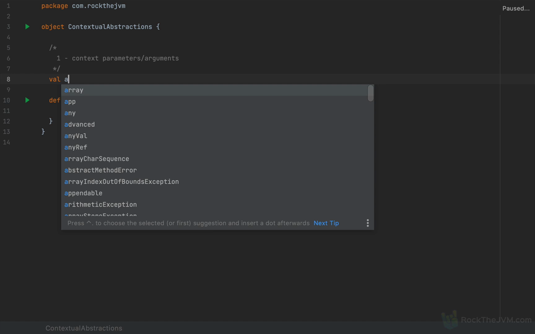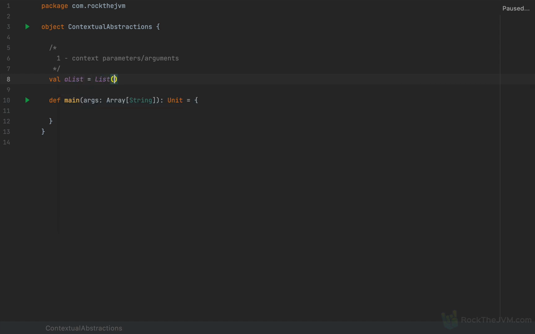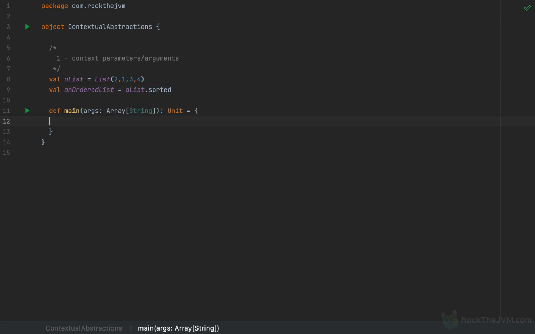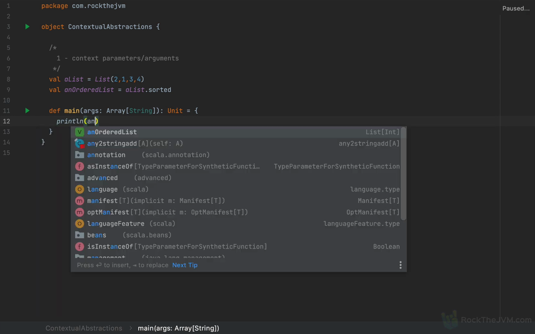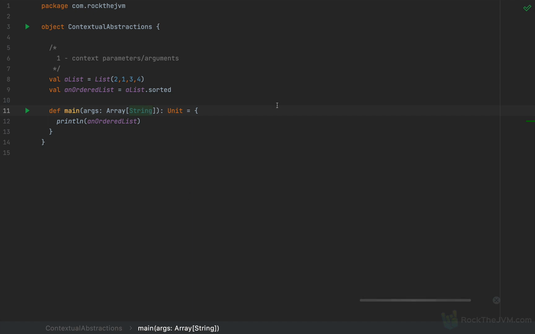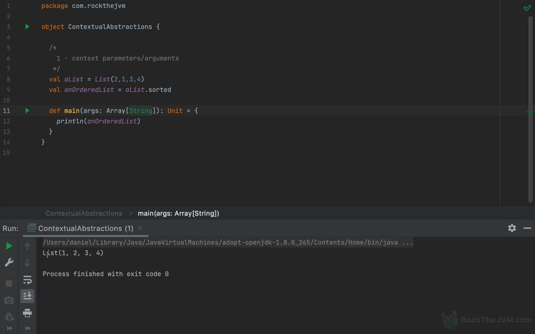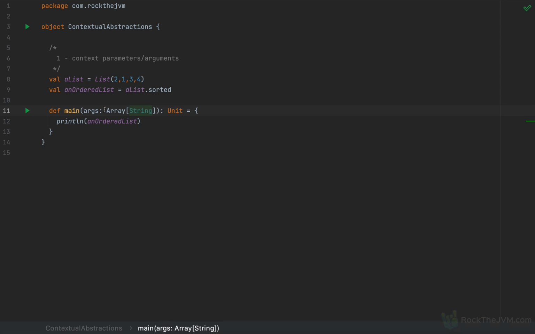I'm going to define a small list, let's call this aList, and I'm going to create a list of numbers, and I'm going to specifically enter them in a different order than the ascending one. So I'm going to say 2, 1, 3, 4 or something like that. Now, the List data structure, much like most sequences in the Scala standard library, has a method called sorted. So let's call this anOrderedList, and I'm going to say aList.sorted. Now, sorted doesn't take any arguments, but if I println the ordered list, and if you run this application, it'll take a couple of seconds to compile, we'll get the list 1, 2, 3, 4. And the list is magically sorted in ascending order,